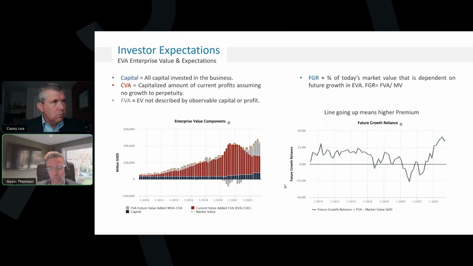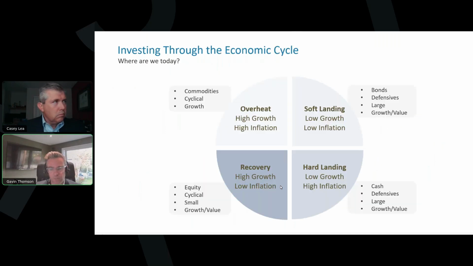And now we're going to move on to the start of the top-down view of the world. We thought this chart was a good starting point in terms of where we are in the economic cycle. And to start with, certainly we need to figure this out. And we thought actually in today's world, it's maybe not a particularly easy question to answer. And if we start on the left between that overheat and recovery and start to work through the